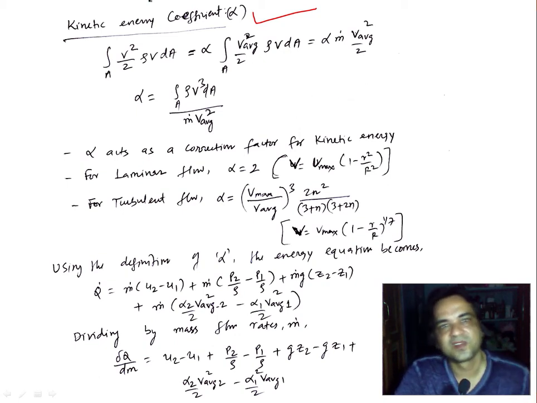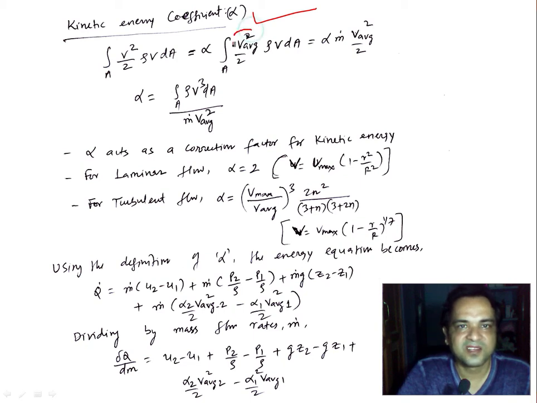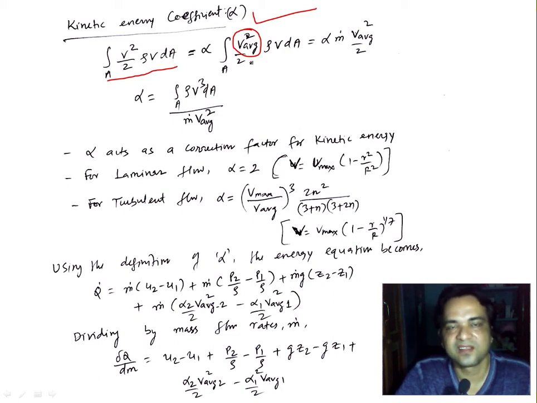If I assume that velocity is uniform at a particular cross section, then I can find the kinetic energy. It is half mv square, with rho into v into dA as the mass flow rate, so half into mass flow rate into v square, the average velocity. This gives me the kinetic energy considering the average velocity, and the left hand side gives the kinetic energy considering the actual velocity profile, which is varying, not uniform. So the actual kinetic energy will be equal to alpha into the kinetic energy considering uniform velocity.